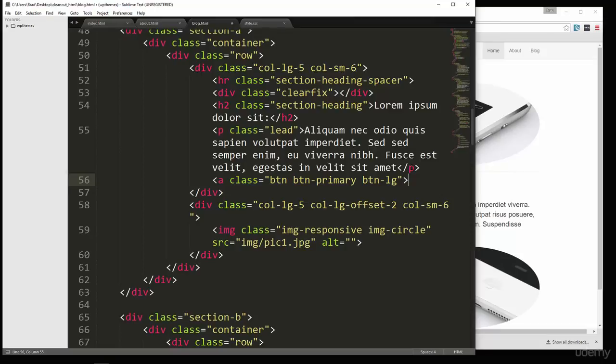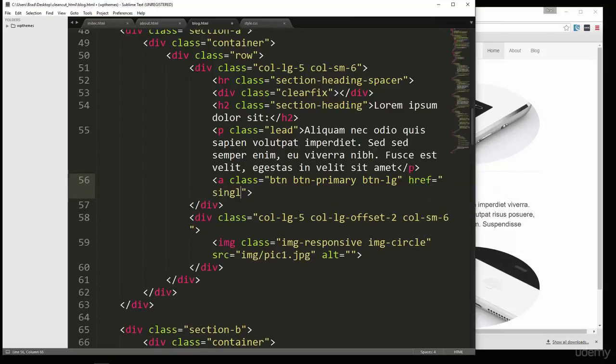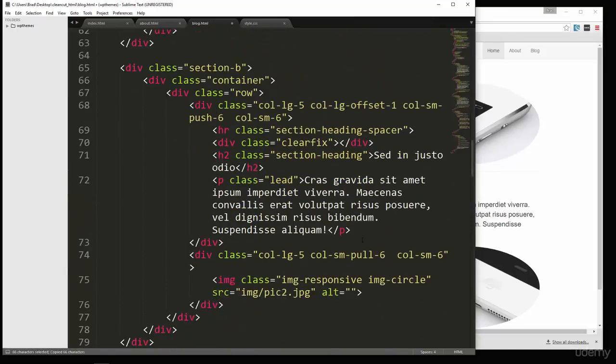Some bootstrap classes. Okay, and that'll just say read more, and we're going to copy that, put that on each of these sections